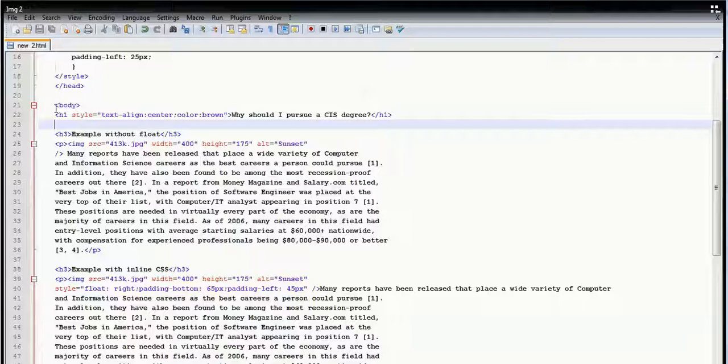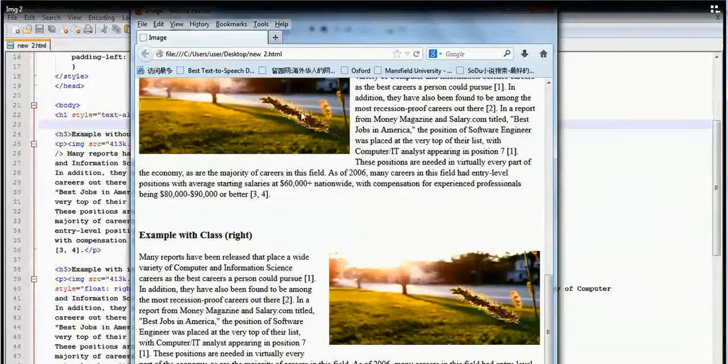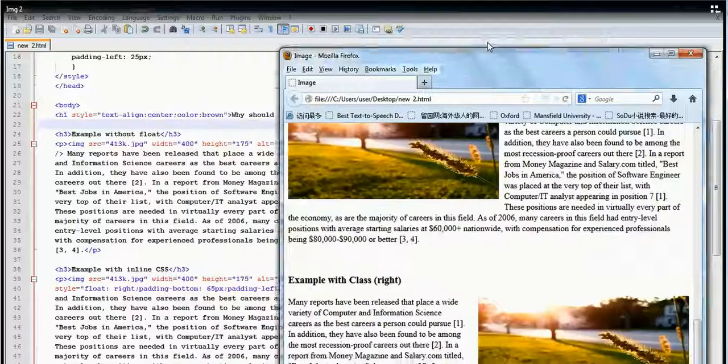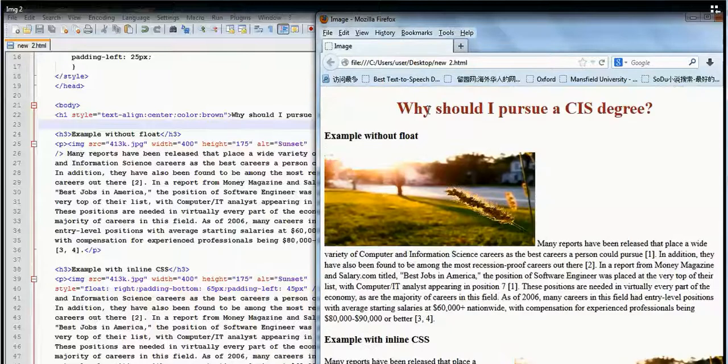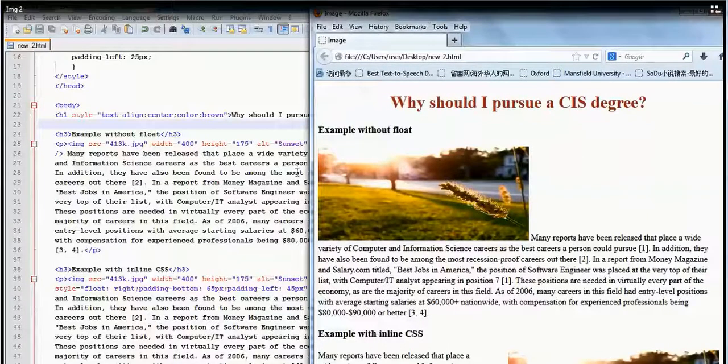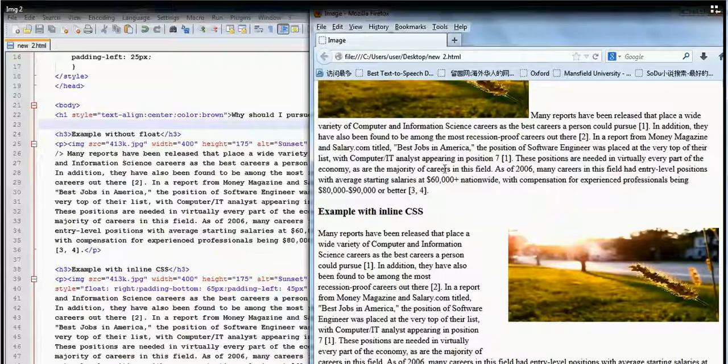In the body section, first we have a heading. We have a brown color and a line in the center. Then we have heading 3. Then in this paragraph, we include the image, and the source, the width, the height, and the alt. You can say we do nothing. So that's why the image is like this. In this example, just the second one,